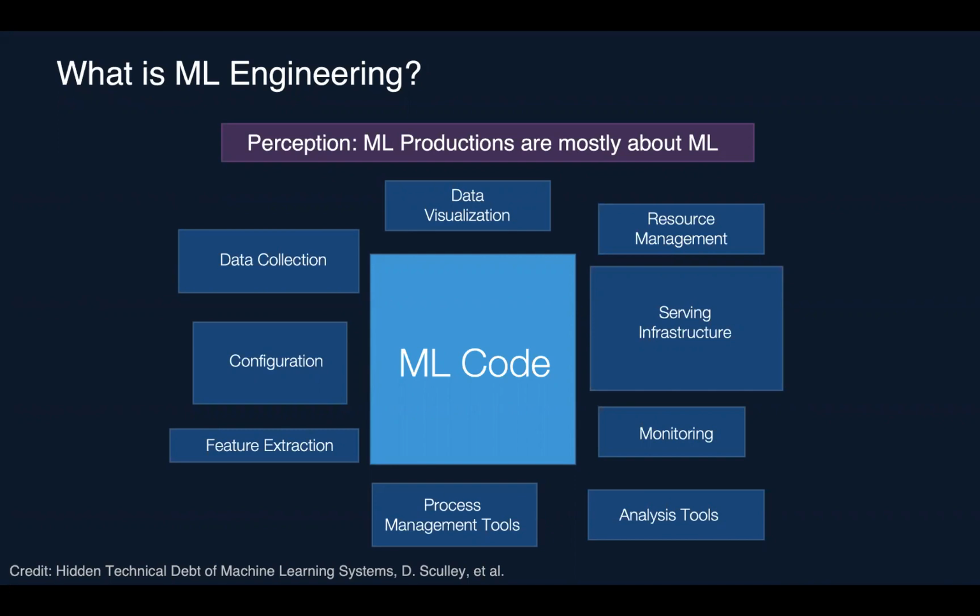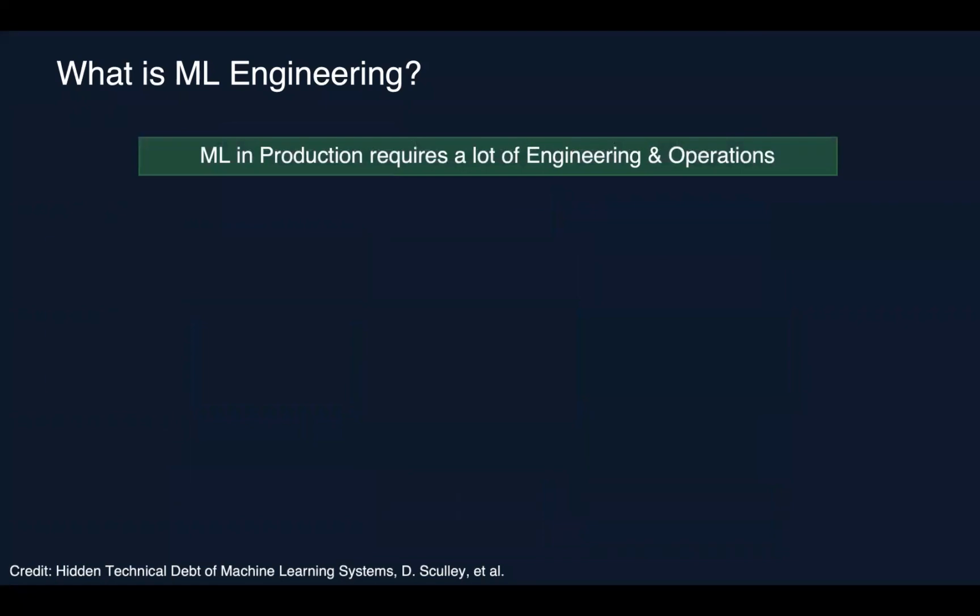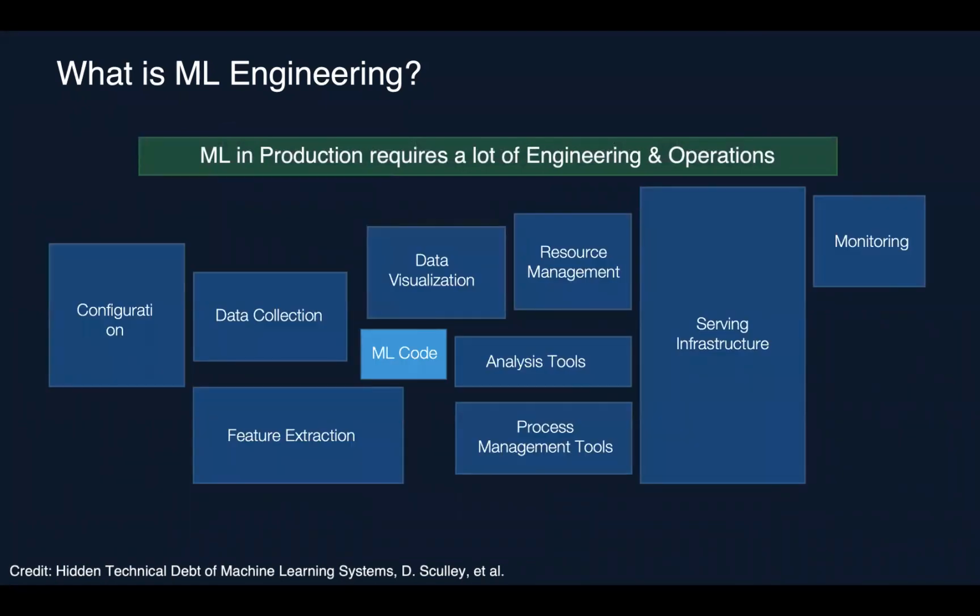And after you deploy things in production, you need to monitor how things go in production. Now we're entering the software engineering realm and DevOps as well. So data engineering is involved as well, right, in deploying models into production. This is what real life looks like if you want to deploy models in production. And I don't think the data science team itself will be able to solve all of these challenges.